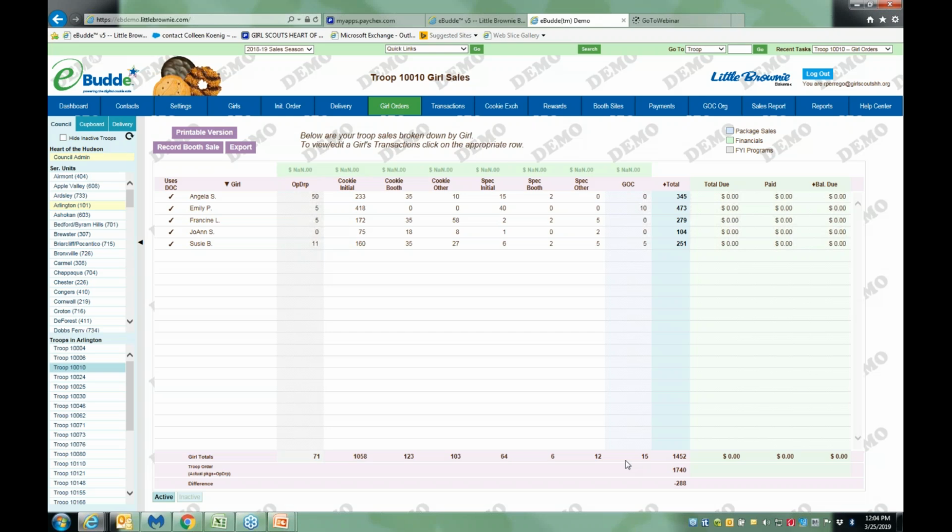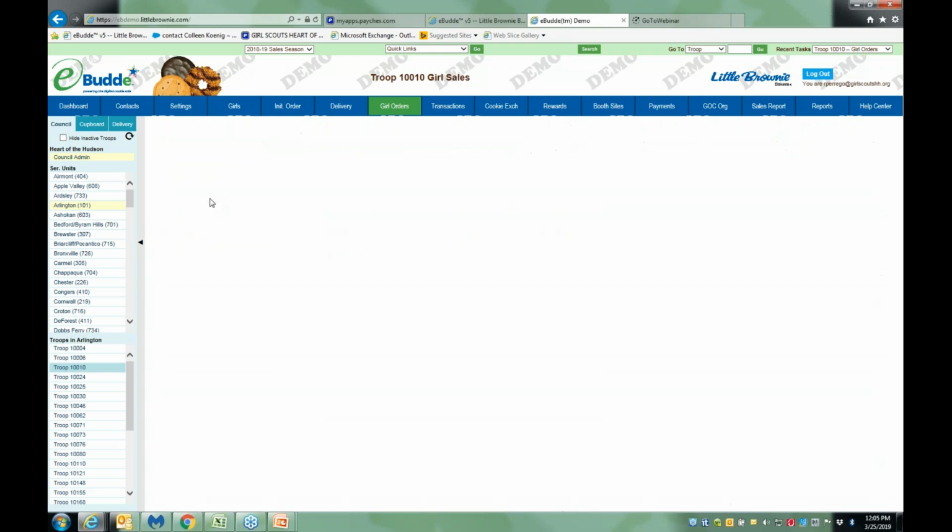They have 5 girls, and everyone participated in the booth sale. So each girl is going to get 54 boxes of cookies. But some of those cookies were Toffee-Tastics and s'mores, and those are called special booth cookies. So they have to be accounted for in a different column. So we're going to give each girl 50 boxes of the core varieties, the $4 varieties, and 4 boxes of the special cookies. So the way we do that is to click on the girl's name,